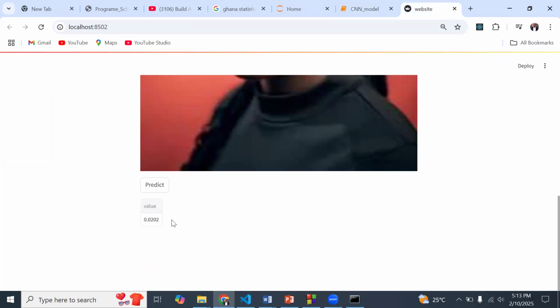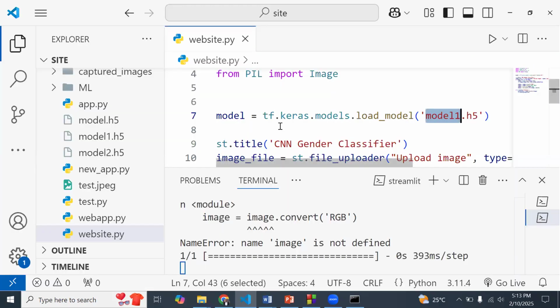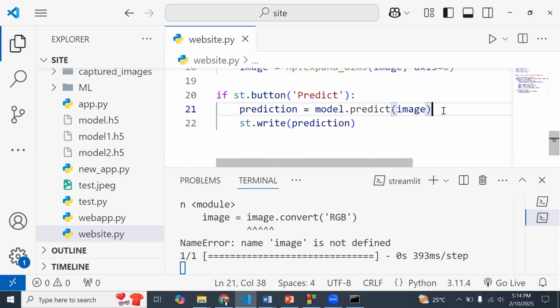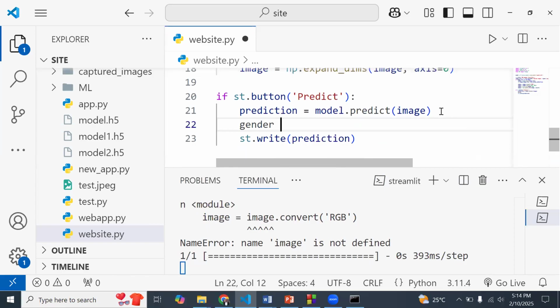And this is where we know that if this is a sigmoid that we used, we are only going to get one value between 0 and 1. And we set a threshold based on whichever parameters we want. We are saying that anything below 0.5 is going to belong to the female class, and anything above 0.5 is going to belong to the male class. So that's some logic we need to write over here. So we can come down here and get a little bit busy. I'm going to say we can have a variable called gender.